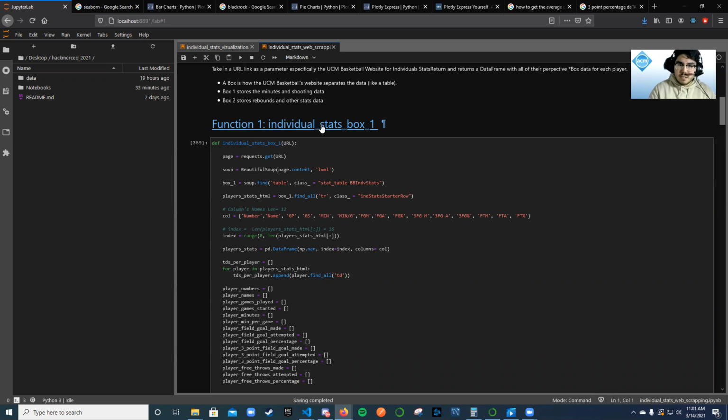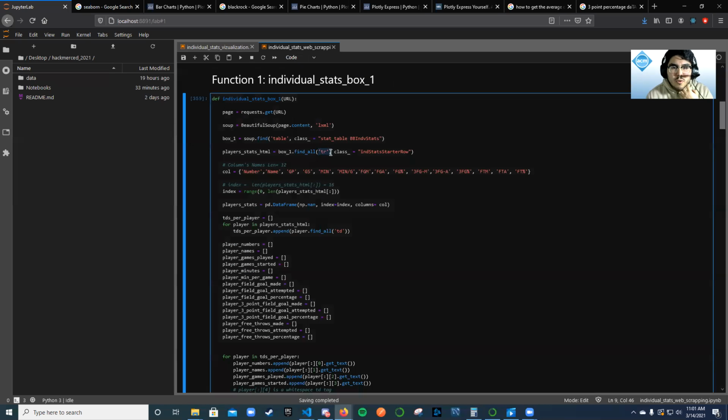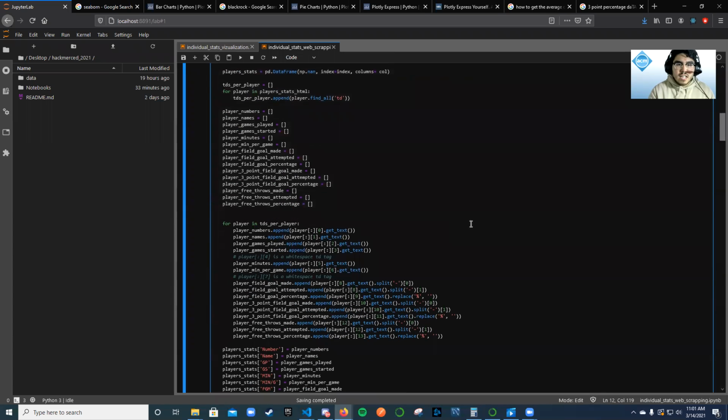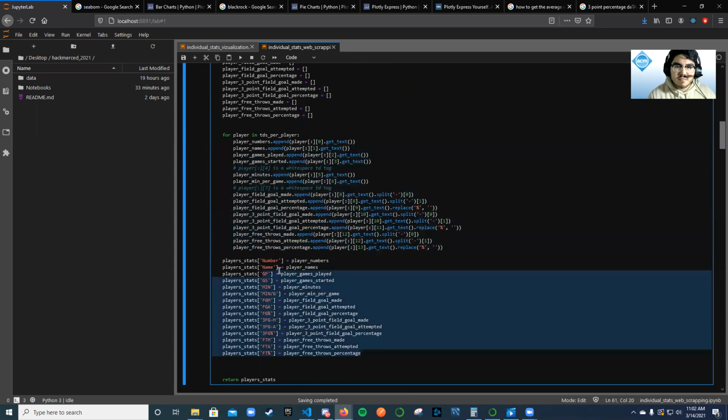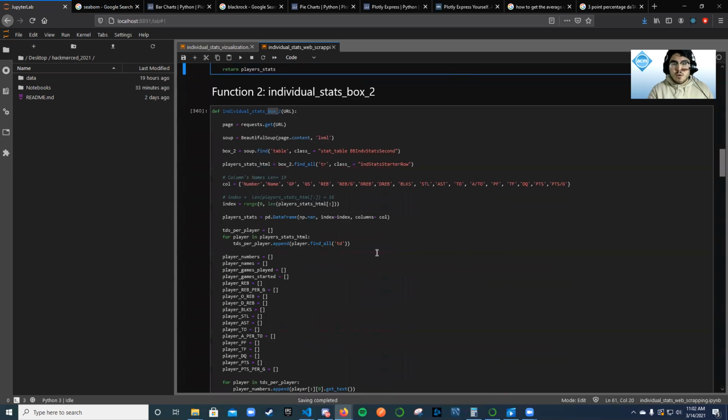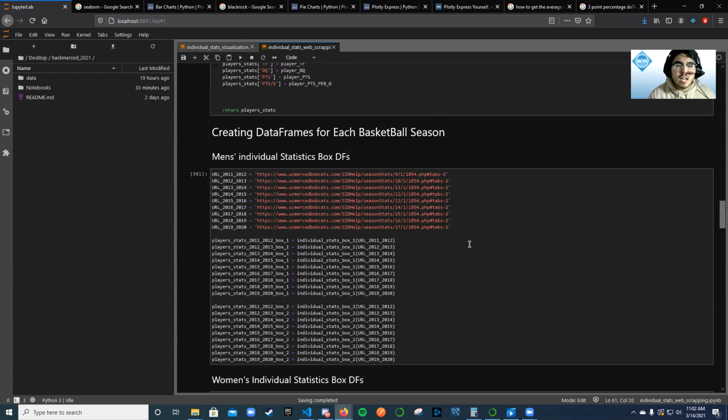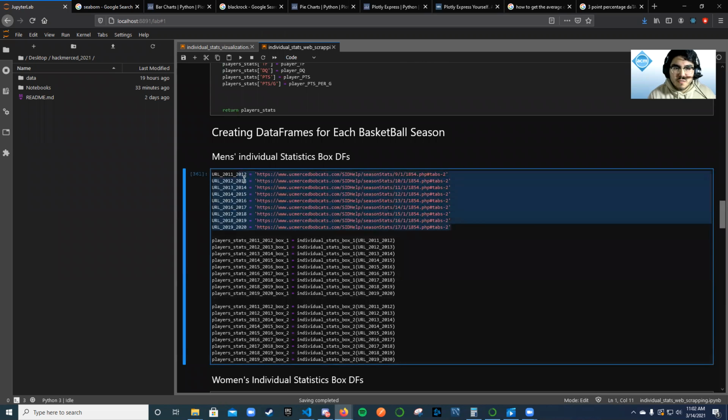So I call it individual stats box one because in the website there's boxes, individual boxes, and there's two boxes. So in this function, I basically just separated the classes, a tr table, made a whole data frame, and input it into the data frame, just like this. I had to clean it a little bit for both of them. Both of them do the same function, but one does for box one and the other one does for box two. From there, I call each of the functions, as you can see here, for each of the seasons for